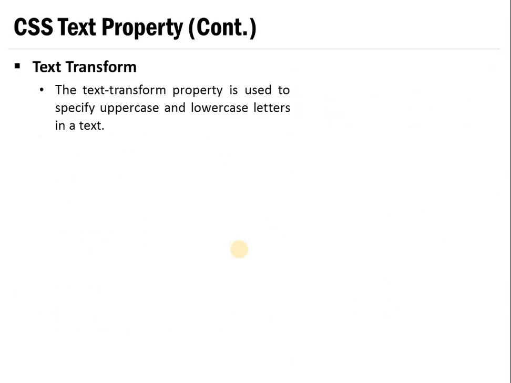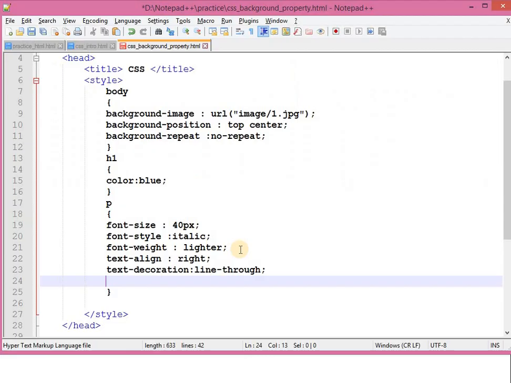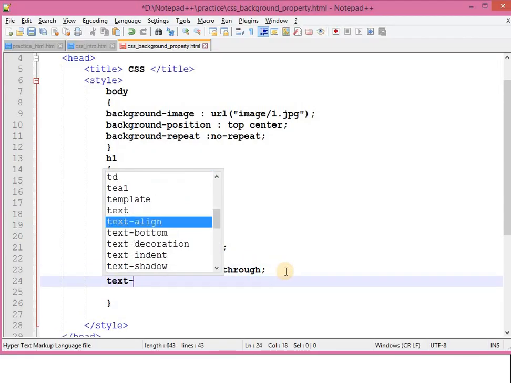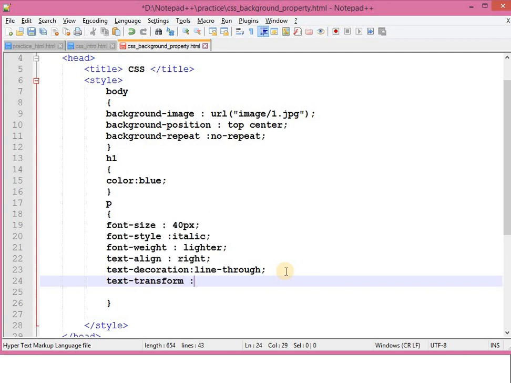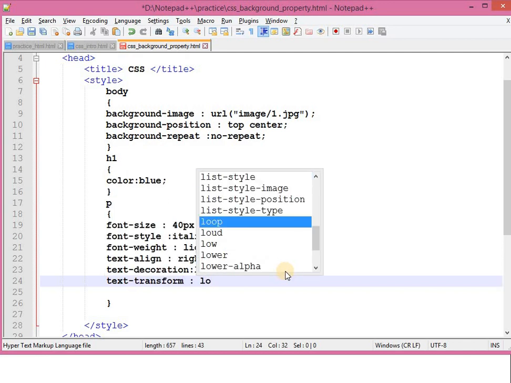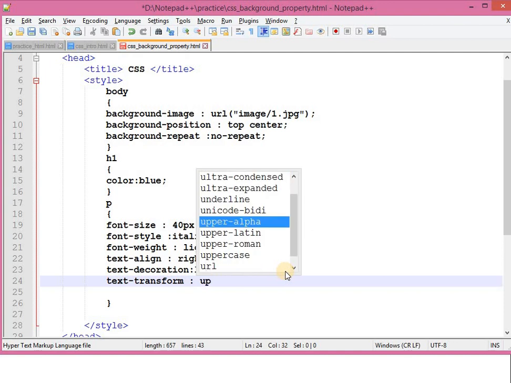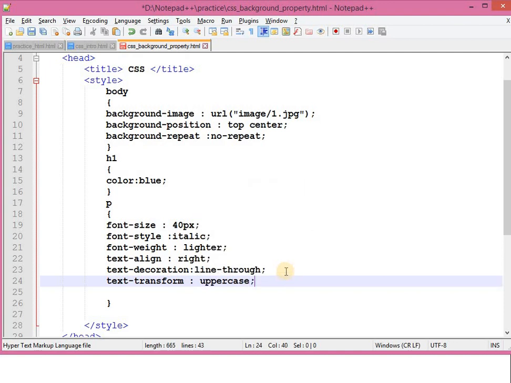Likewise, the text transform property is used to specify uppercase and lowercase letters. For example, if you want this text in text transform, all are in uppercase. So this is the property.